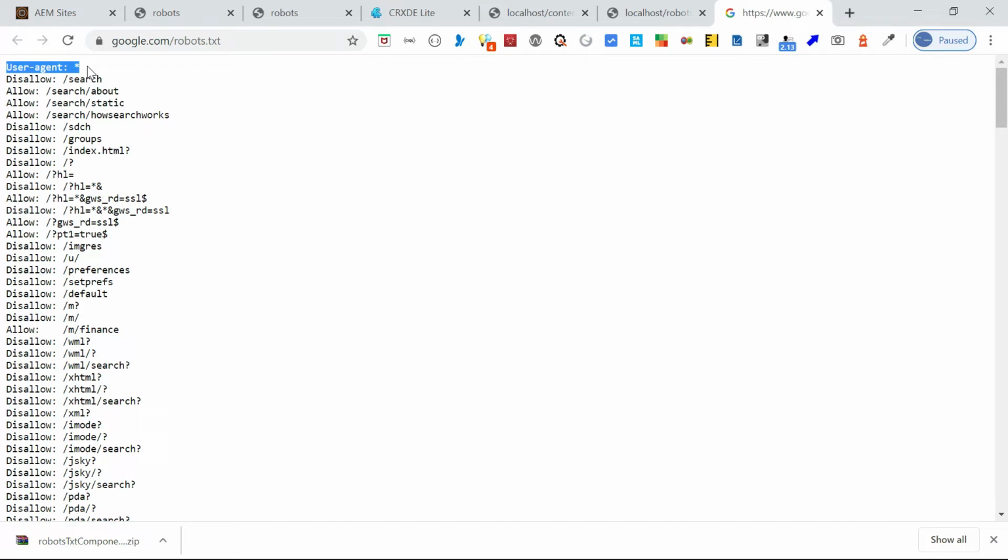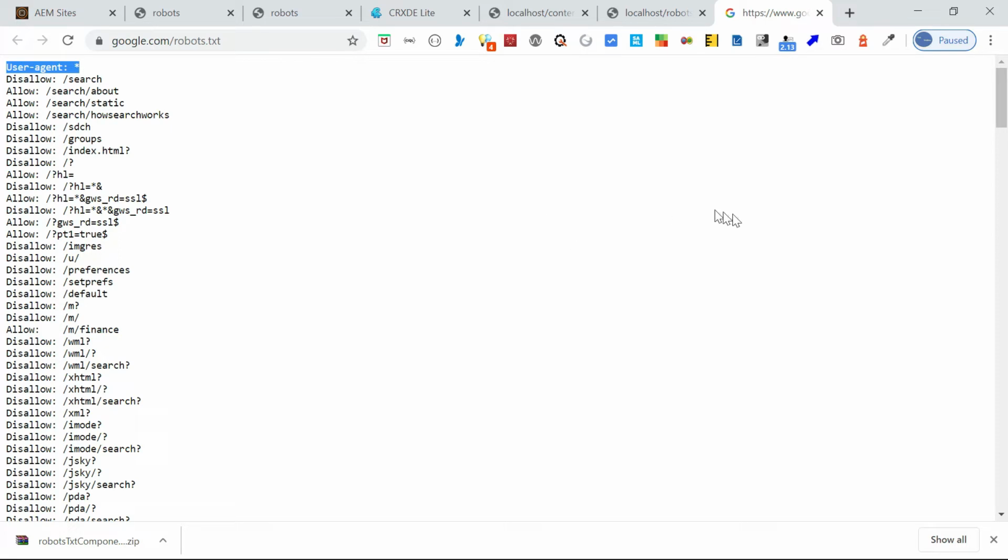So star means these rules are applicable for all the user agents. Then we are saying disallow a part of the website called slash search. Any URL starting with slash search, we are saying don't crawl it. Then we are allowing some within that search. We are allowing some URLs like search/about, search/static.